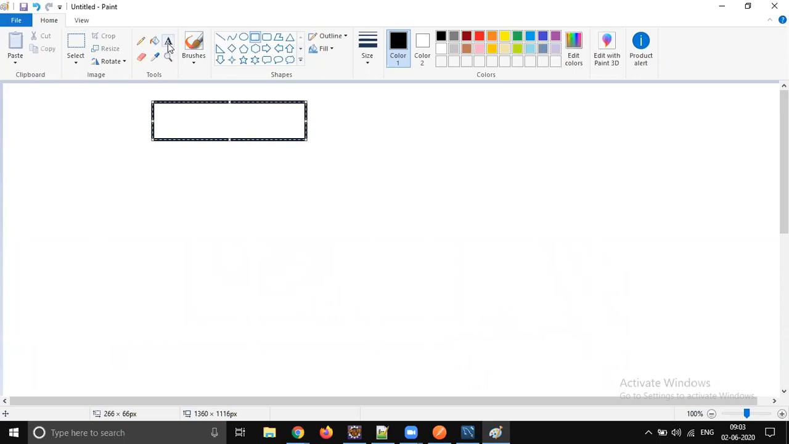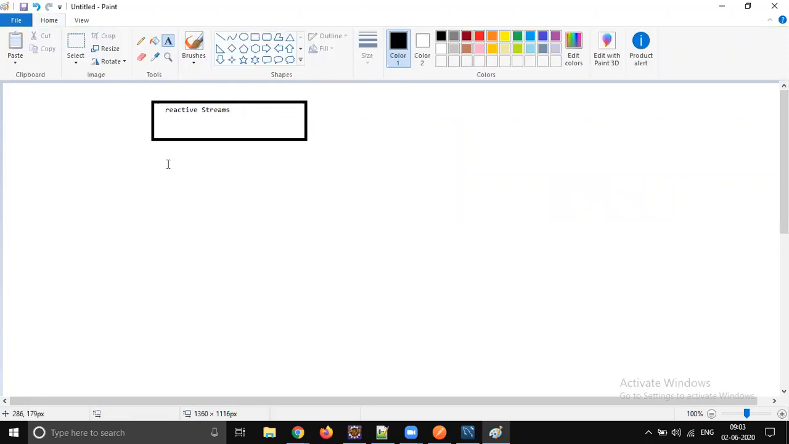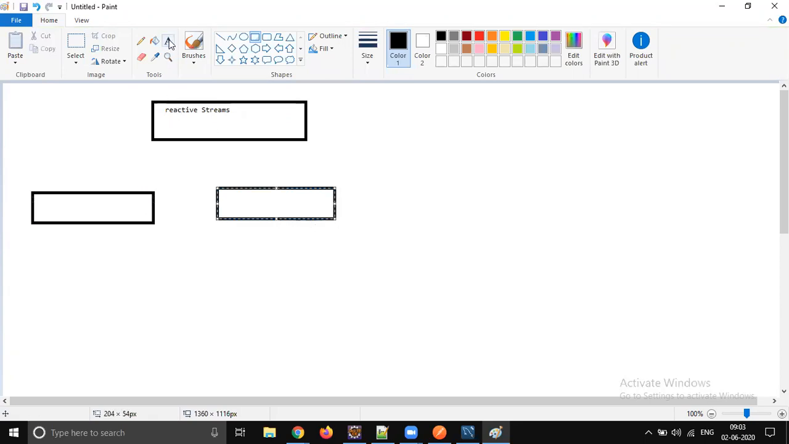The base framework is Reactive Streams, and under this we have many implementations. One is Project Reactor